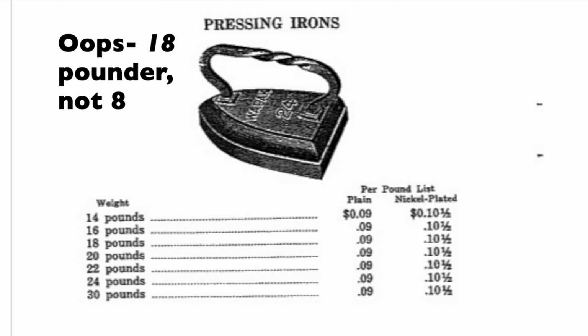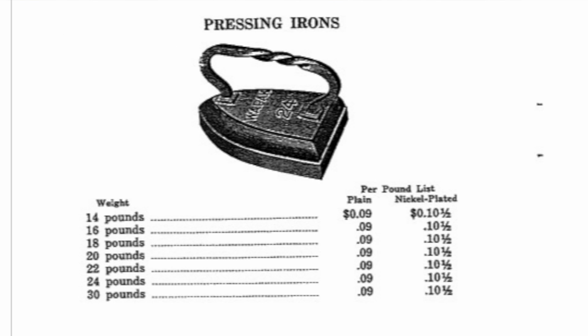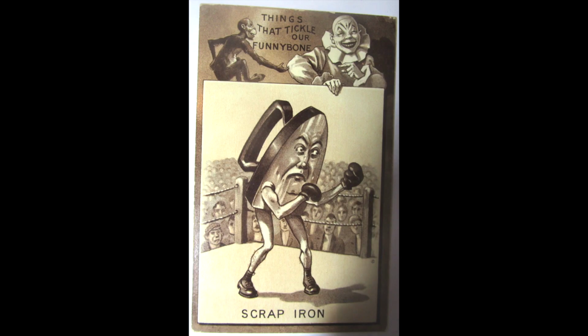My experience is the 18-pounder is the most common. 30 pounders, and I've never seen one of these, is huge. Would this one be rare? Yes, I think so. I don't think that this size would have been a big seller. And I also think these would be the first thing to be thrown onto the scrap heap during World War